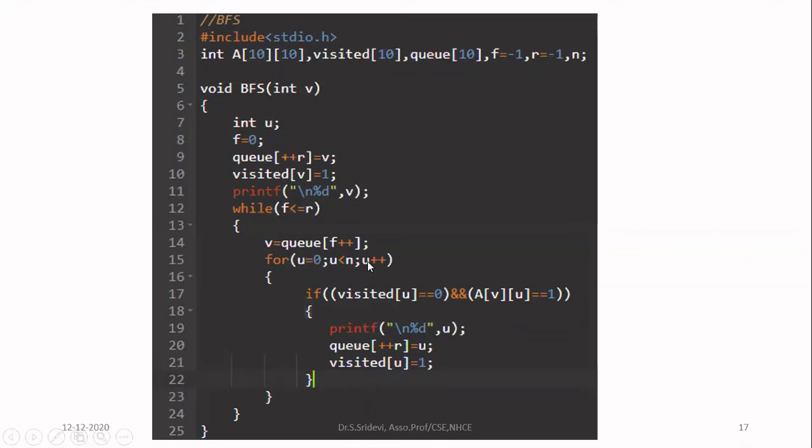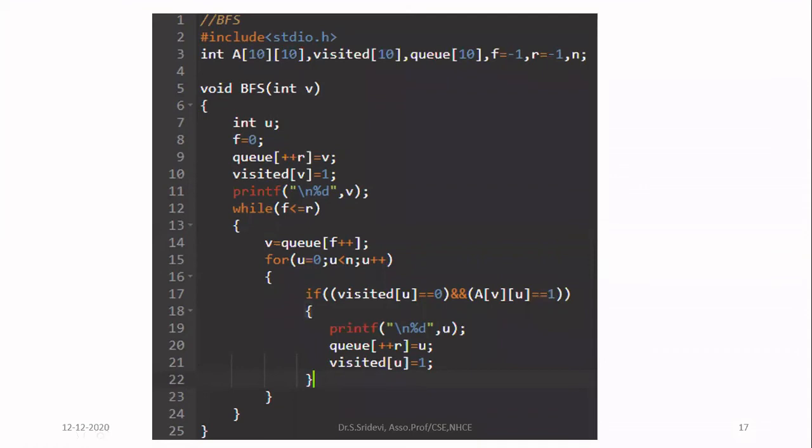What I'm going to do here is check all the nodes in the graph to see whether they are neighbors of this v or not. v is the current node I am considering. Now, let me check that. I am going to consider a node given by the index u. I'll first check whether this is a neighbor of v. How to check whether u is a neighbor of v? With the help of the adjacency matrix. See the condition here: I am checking if a of v u is equal to 1. It means that in the row pointed by v and the column of u, you are checking whether the entry is 1. If it is 1, that is your neighbor.